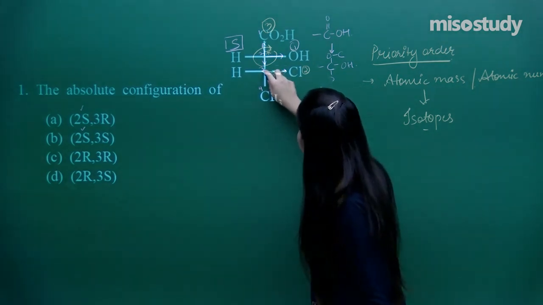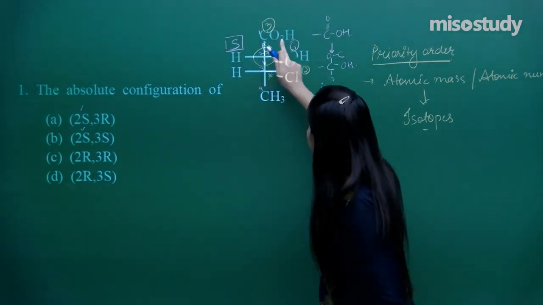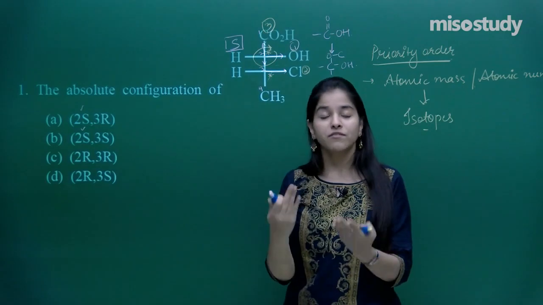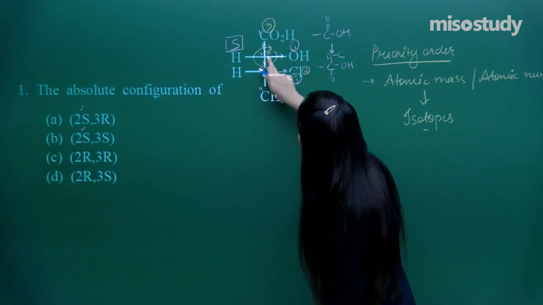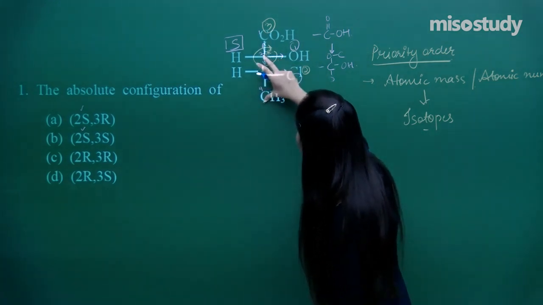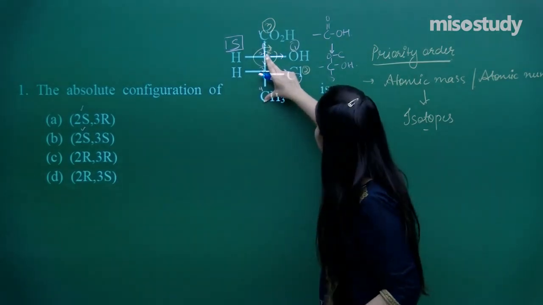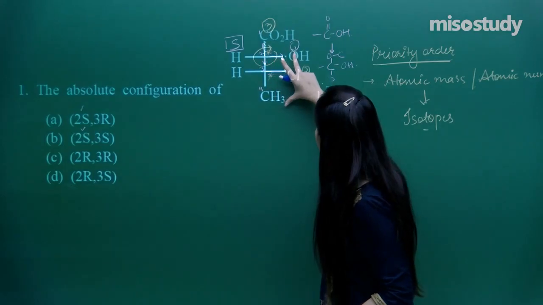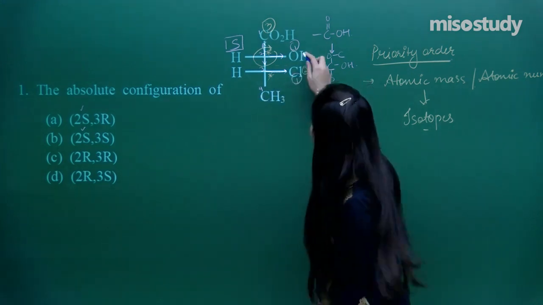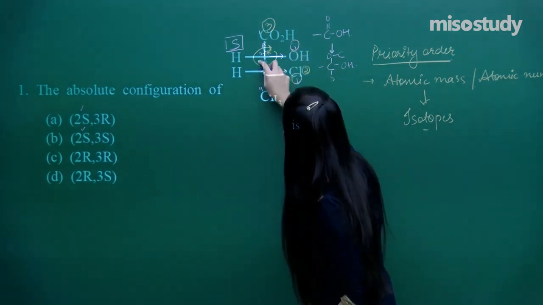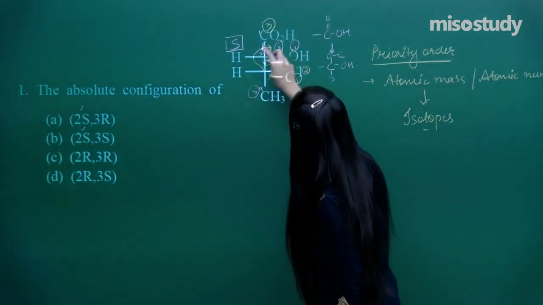So here if I consider this very carbon, chlorine, C and these very groups, out of all, definitely the chlorine will be on the higher side, priority 1. Now comparing this carbon and these very groups: carbon, carbon would be similar. Let's move on to the next atom. The next atom would be oxygen, but over here there is no next atom. That means this very group again will be on the higher side, so 2 to assign this group and number 3 to this, 1, 2, 3.